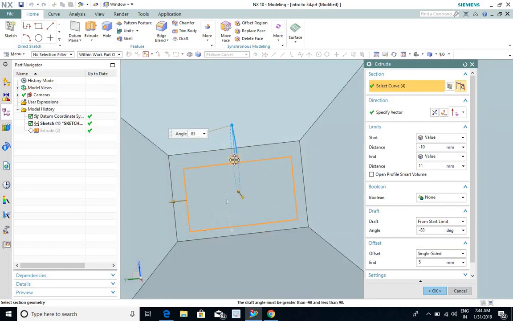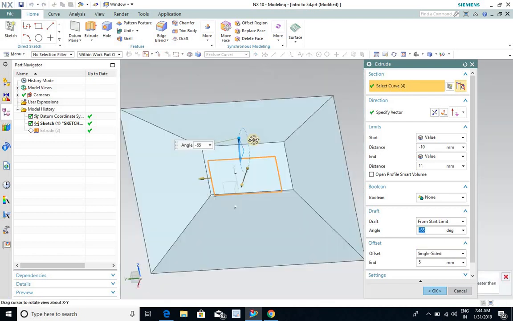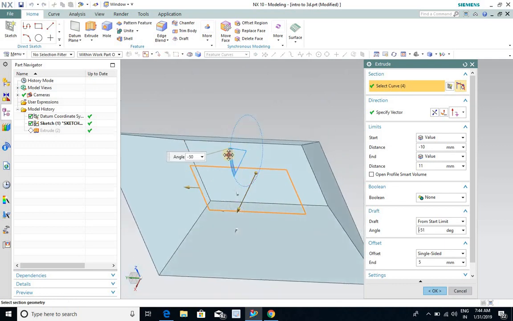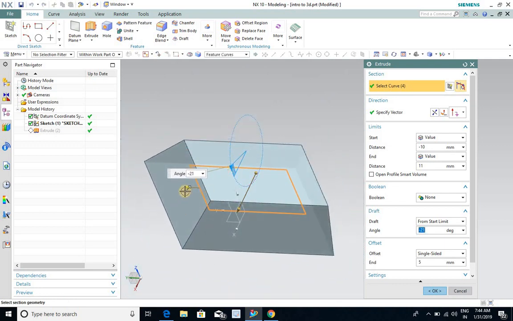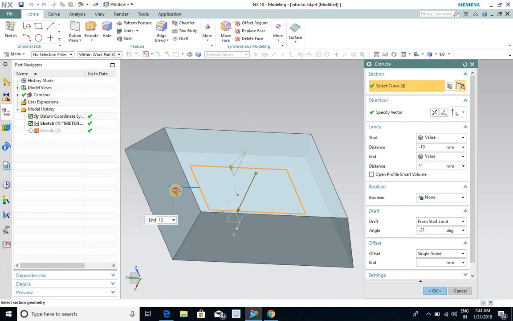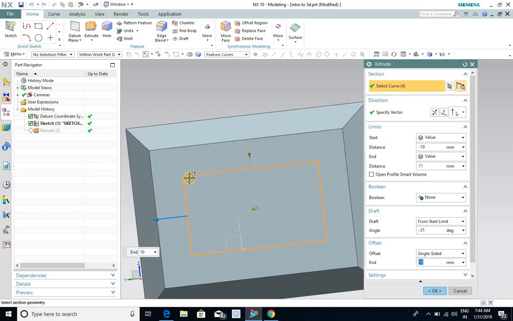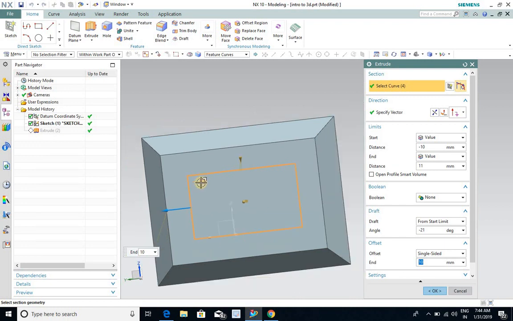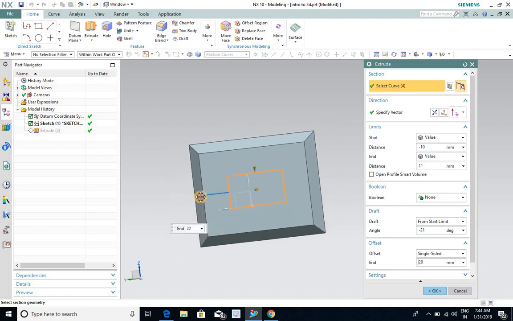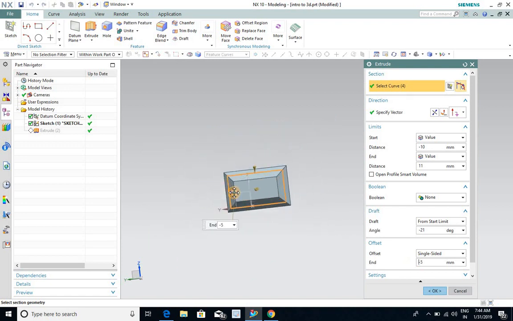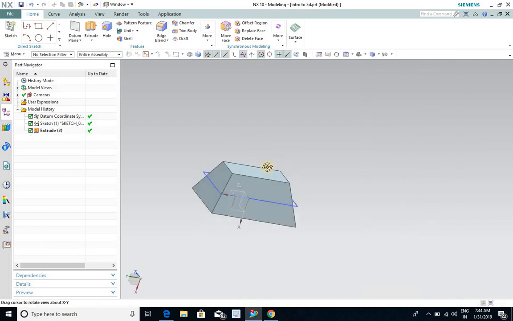you can offset like this. Actually I'm changing it from drafting. If you want to offset your model, you can offset like this. Your main model is here as a line. If you want to offset it at a particular distance, you can define the distance here, and you can draft it by your dimension also, inside or outside. You can click on OK. It will be created like this.